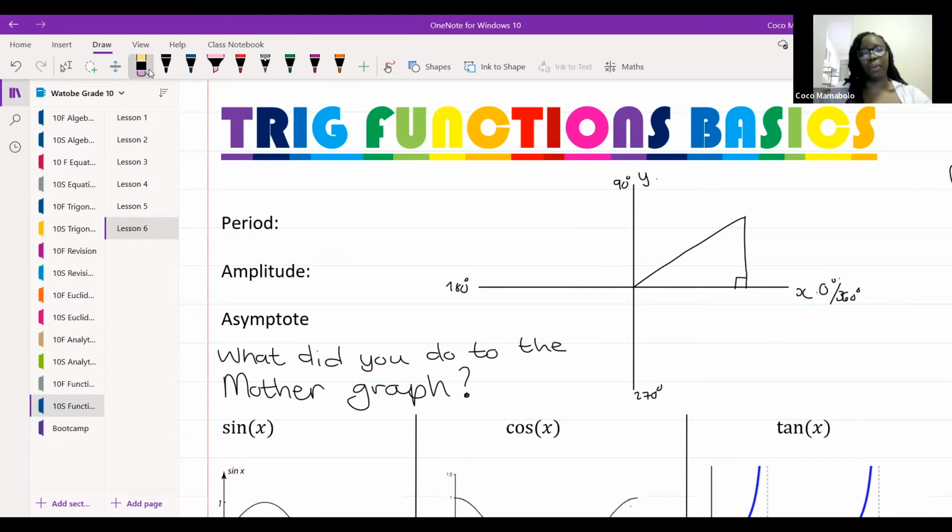Yes, that's it, Samuel. But now here's the problem, guys. Here is tan of 90. Tan of 90 sits on this point, right? It sits on this point. And let's say, for instance, this is